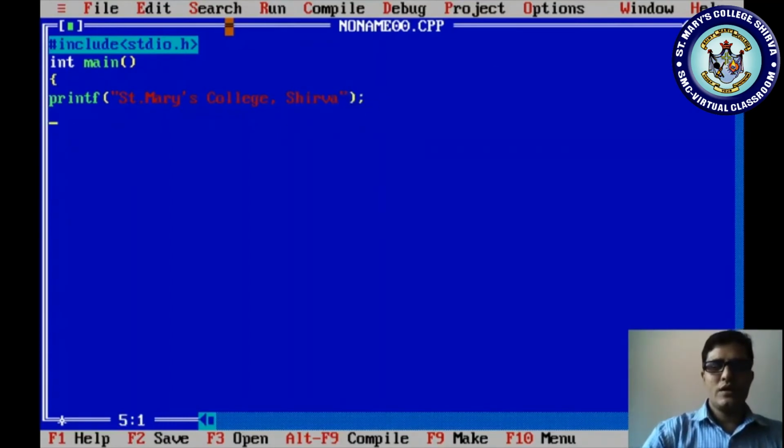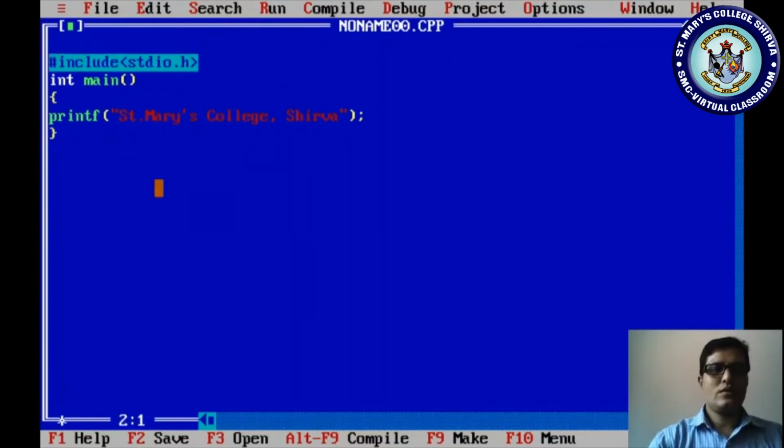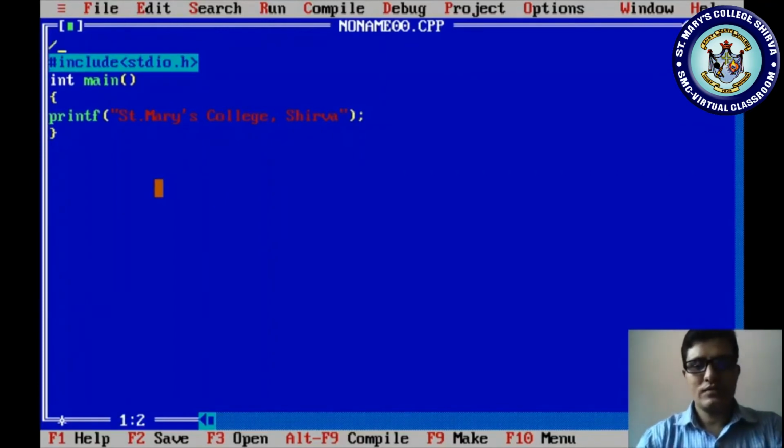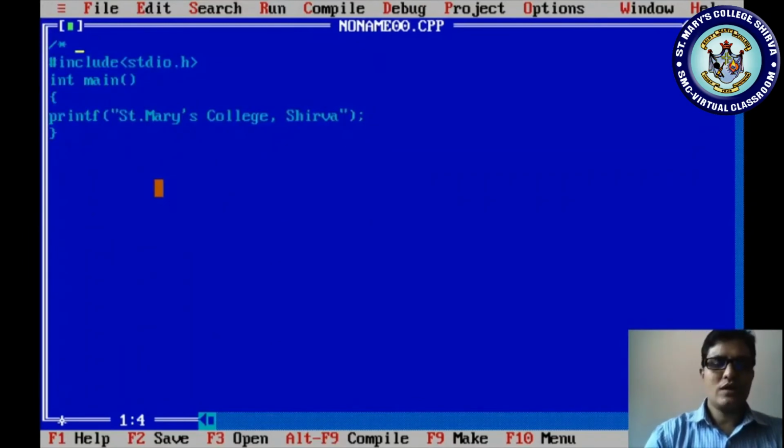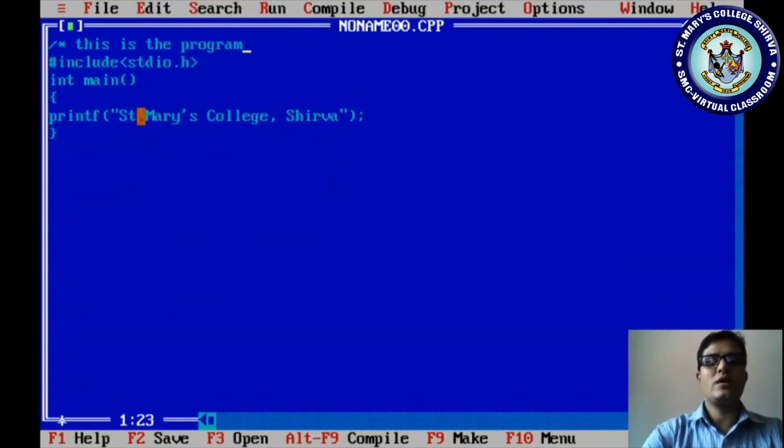So this is the program. If I write it like this, it is hard to understand what I'm doing. So first I'm using a multi-line comment, this is the program to display the name, followed by forward slash. This is a comment, also called the documentation section.